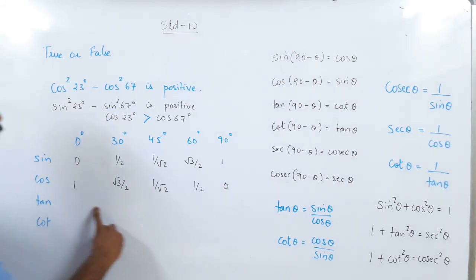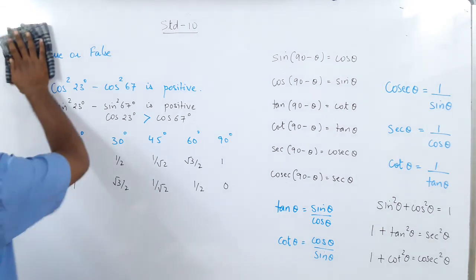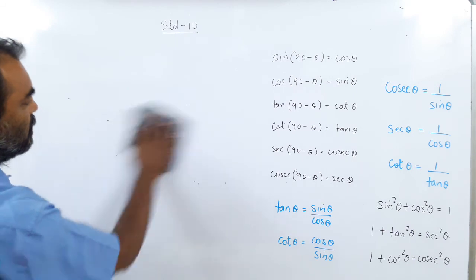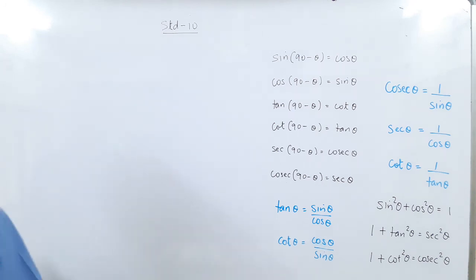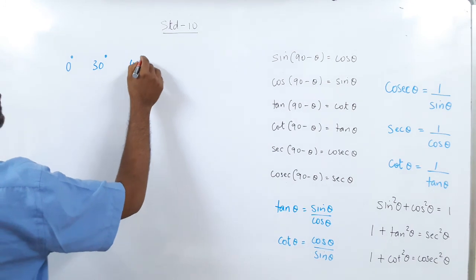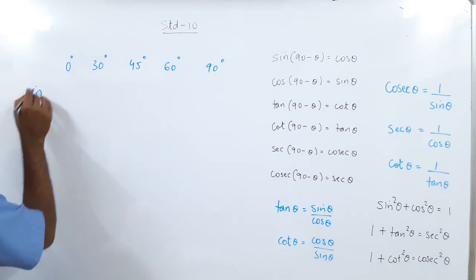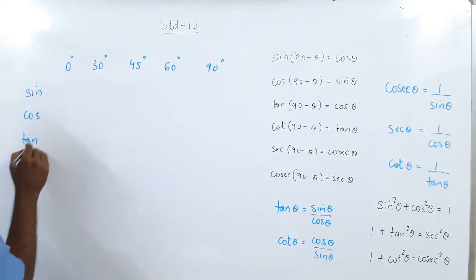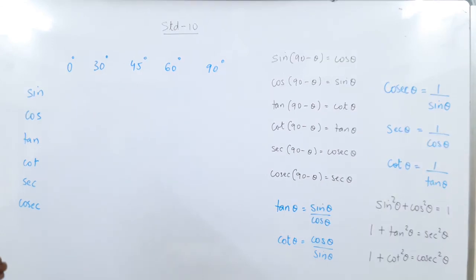So you have to check in the table also for tan and cot. How does tan increase? How does cot increase? So we'll write the table now and try to figure out first the way it increases and the kind of questions liable to be asked. Right? So let me write 0 degree, 30 degree, 45 degree, 60 degree, 90 degree. We have got sine, cos, tan, cot, sec and cosec. Okay? And let us put the values.